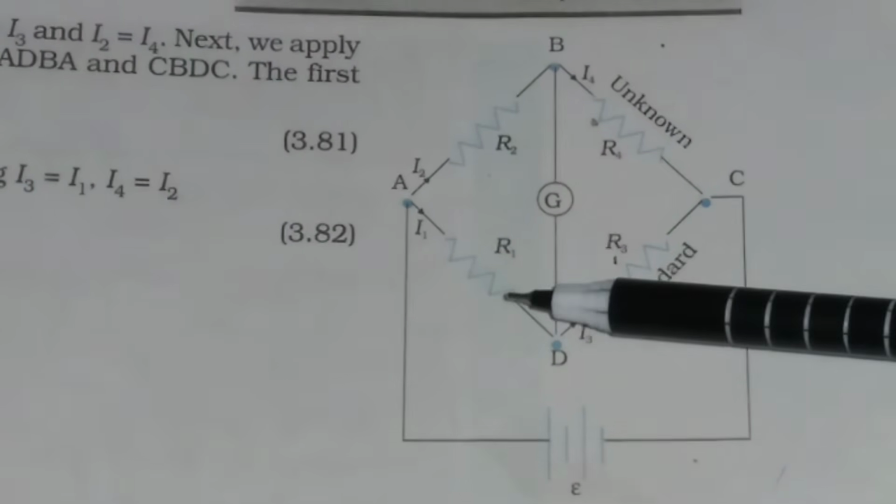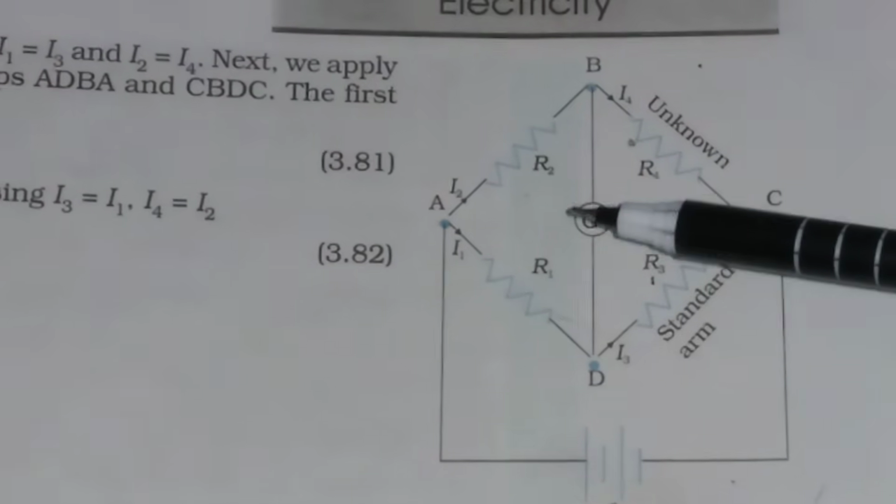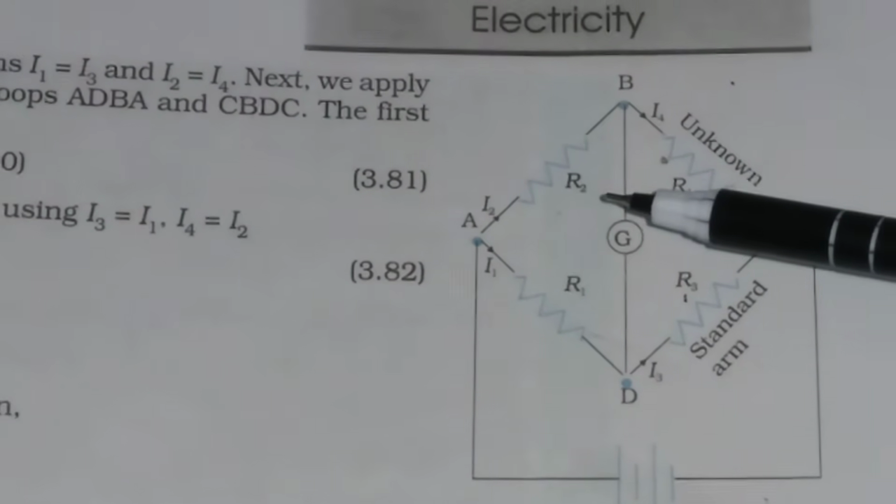Because through resistor R1 there will be a fall in potential, and through resistor R2 there is a rise